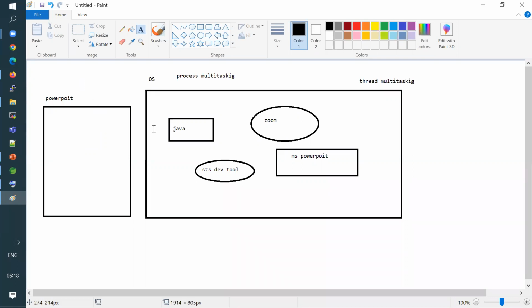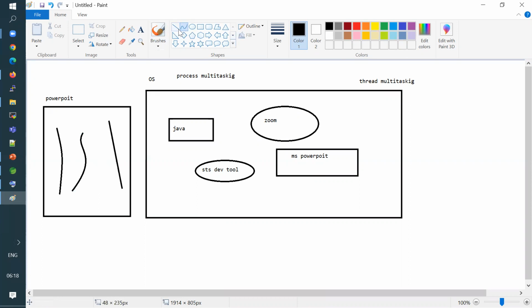So how can we do multitasking within a process? In a process, every action the user does is represented by a thread. You have threads in a process, like this.